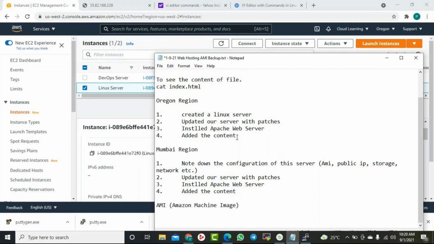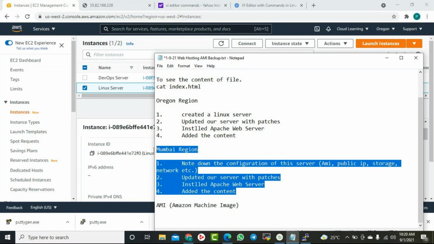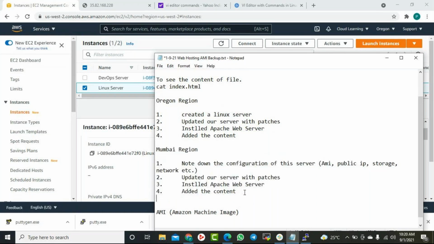Just imagine if it is a production server and there are say 20 steps, so you need to do 20 steps. So this will be a tedious task to create a duplicate server, and the possibility of human error is also very high. You miss something, it is possible.